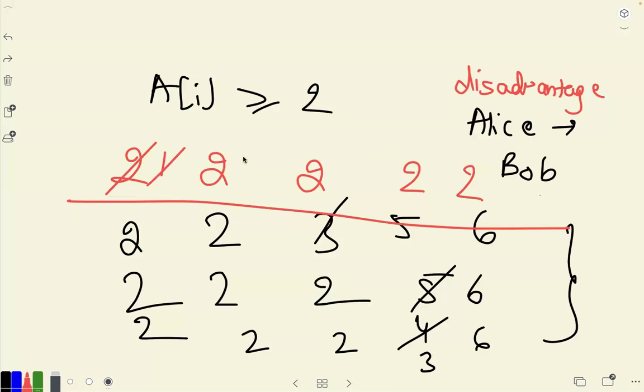Next time Alice's condition again, Alice would have said, all right, 2 again. Not a good thing to do. I am still not good to go. If I even take this 2, Bob will again pounce on this 1 and I won't get a point. Bob is going to get a point. So the